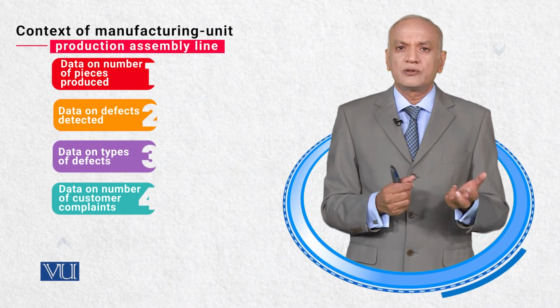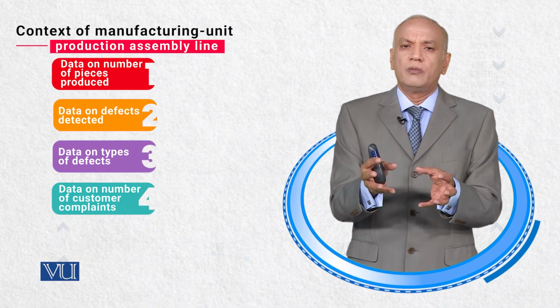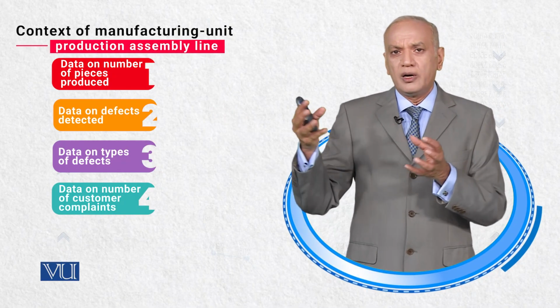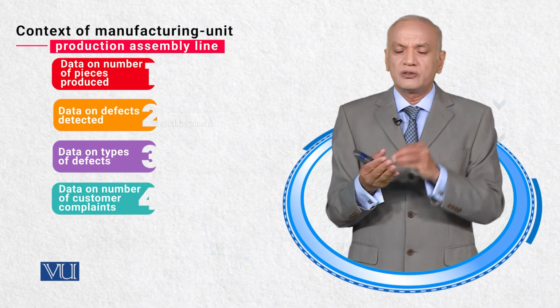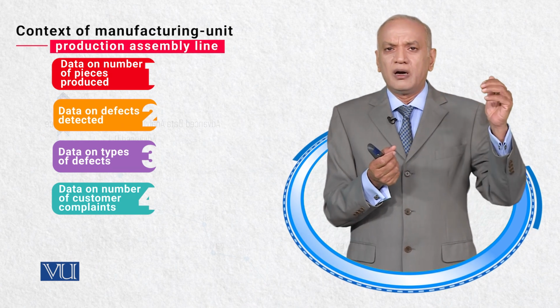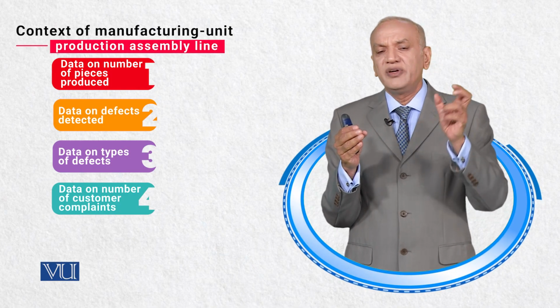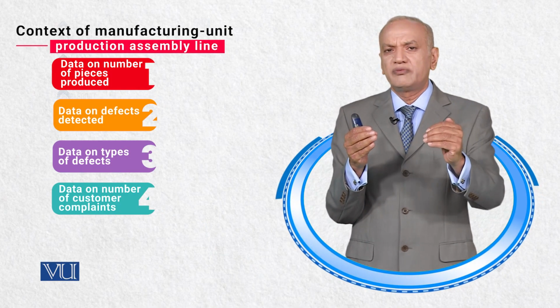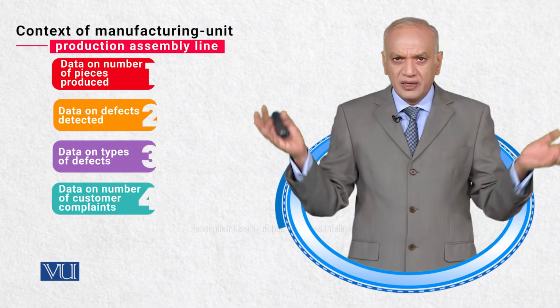Similarly, for such a system, the external data sources are the number of complaints from their customers. That is an external data source. That external data can be related to this particular mobile phone which has been sold. When a complaint comes in, the manufacturer will know exactly what standards this phone was developed to, which shift manufactured it, which components were used, which supplier the components were purchased from, and things like this. So everything will be integrated.